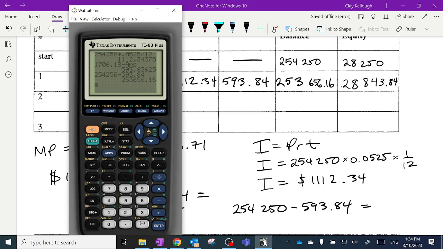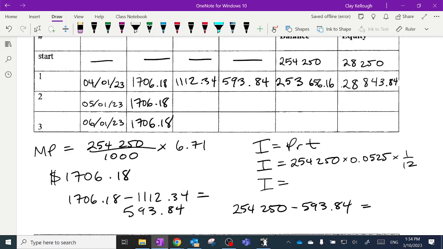That, of course, is my new principal, the new balance number, which is still in the calculator right there. That's the number that I now put here. So I can just erase this and put in